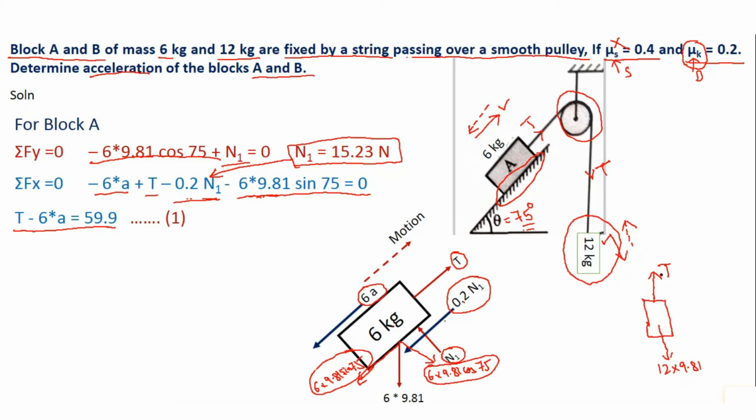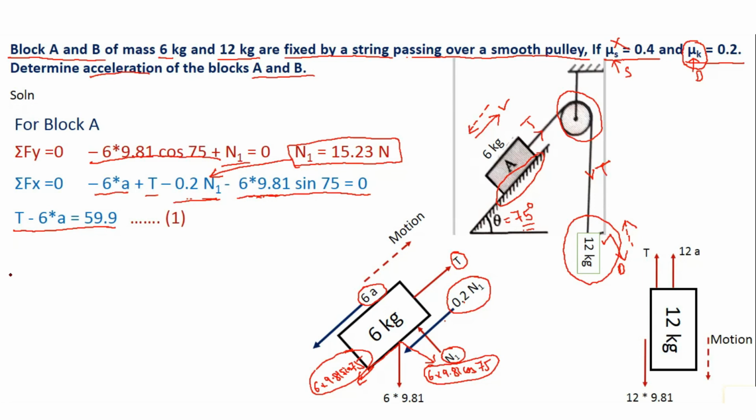Next step is to show the inertia force in the direction opposite to the motion or acceleration of the body. So initially we assumed that this block B will be moving in the downward direction. So as this is moving downwards, the inertia force will be acting upwards with a value of m multiplied by a, that is 12 into a. So this completes our free body diagram on which we can apply conditions of equilibrium, Fx is equal to 0 and Fy is equal to 0. So let us start with that.